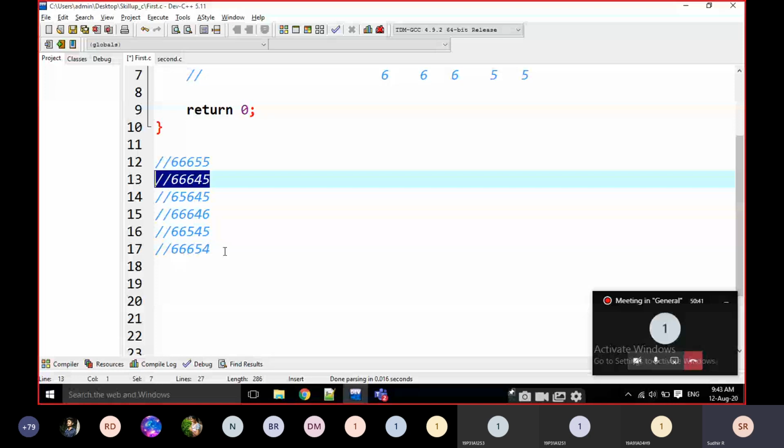66655, 66645, 65645, 66646, 66545, 66654. Excellent. In one class, if I teach that one, I get 10 different outputs at times. This is very low. This is only six different outputs.